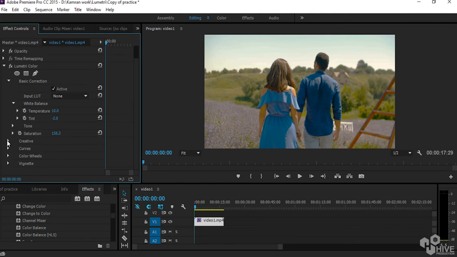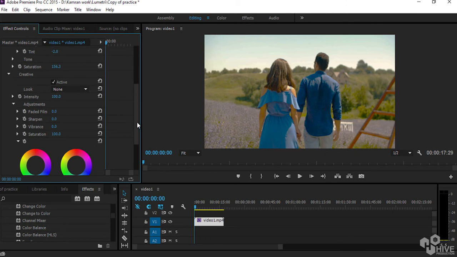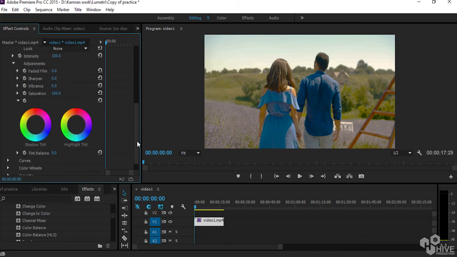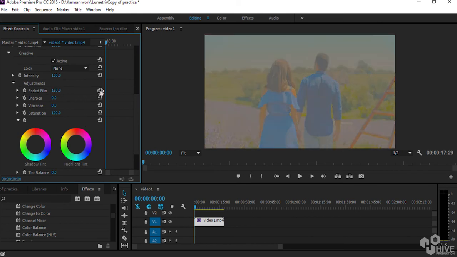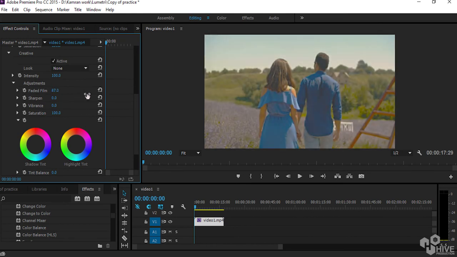Next step is the creative. So the creative is this: you should balance the colors somehow, fade in, or like these kind of effects you can easily find in Instagram or TikTok. So how much you want to fade them, or sharpness, so increase the sharpness so you can see the detail highlighted but not too much. If you decrease totally in minus, it will go into the blur. So I think it should be -10.